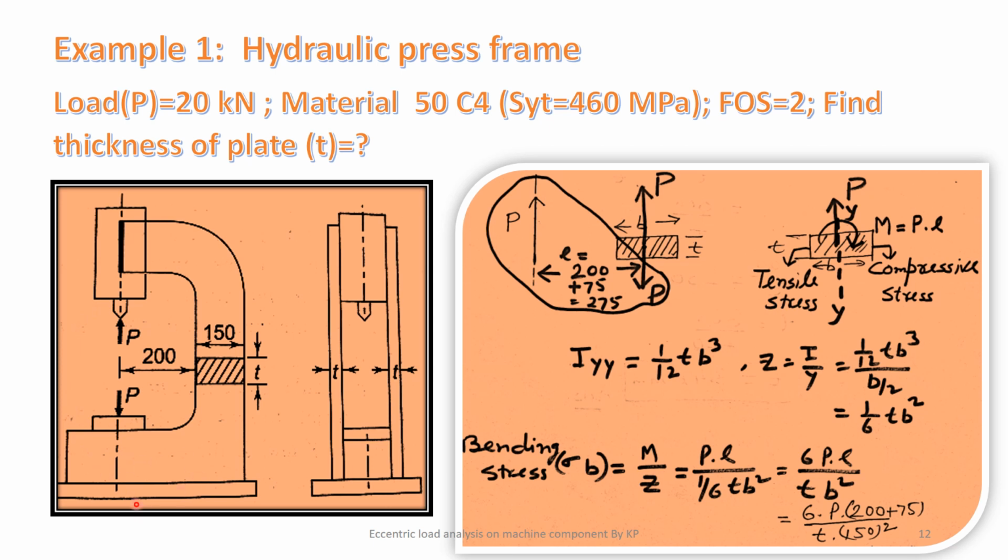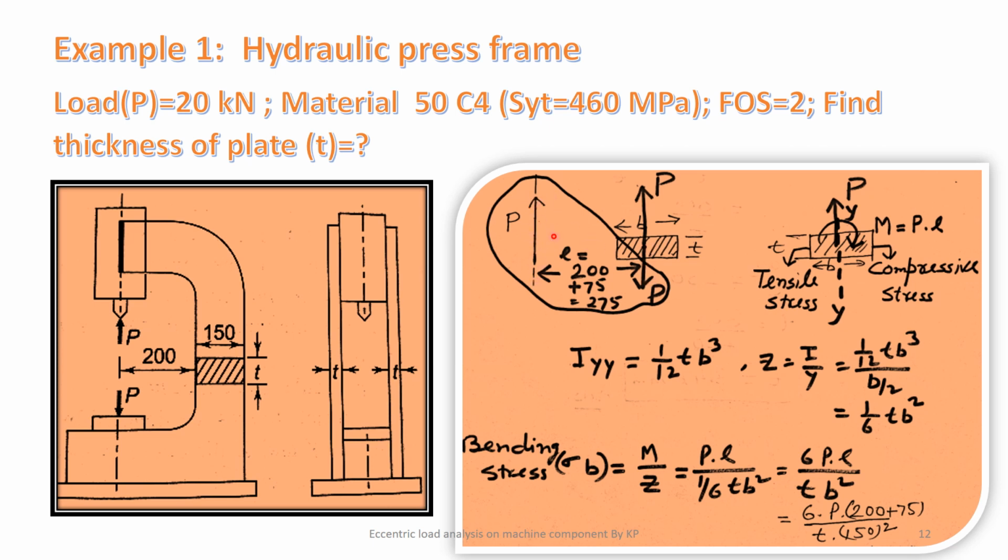So first of all we have to see the effect of this force, what kind of stresses or what kind of effect this force produces on this cross section. Let us consider this load P which is applied here, and this is the cross section, suppose the dimension is B and the thickness is T. To see the effect of this force on the cross section, we apply two forces which are equal and opposite and parallel to this applied force.